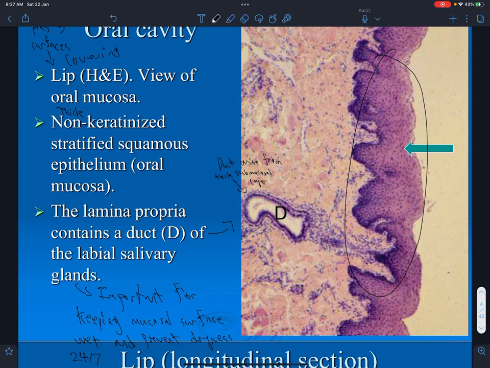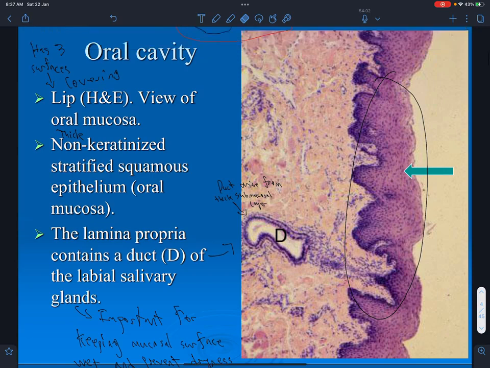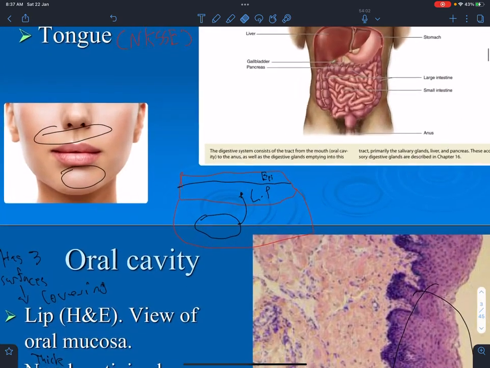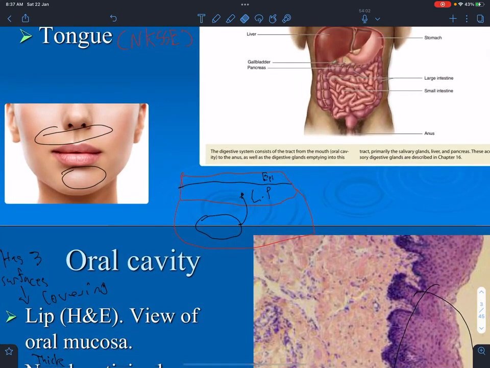The labial salivary gland has its duct opening into the lamina propria of your oral mucosa. So that is another feature to keep in mind for the histology of the lips. Where is the labial gland, or the labial salivary gland? If this is their duct, they're found right underneath the lamina propria, right here, in the submucosa. There's another picture that shows it, but basically they're found underneath the mucosa, in the submucosa, where they secrete